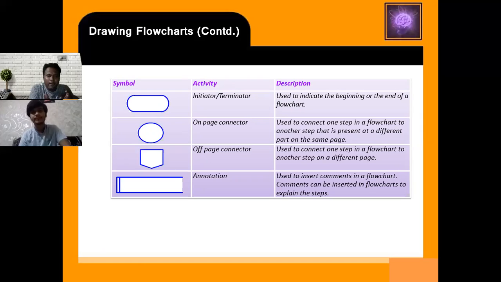Suppose you have one page connecting to another. The best example is when you write a statement and at the end of a line there is not enough space. Suppose I want to write the word beginning, and after BE there is not enough space to write it. We give one hyphen. That means we are connecting from the beginning of the first part to the rest of the word. That is the best example of the on-page connector.